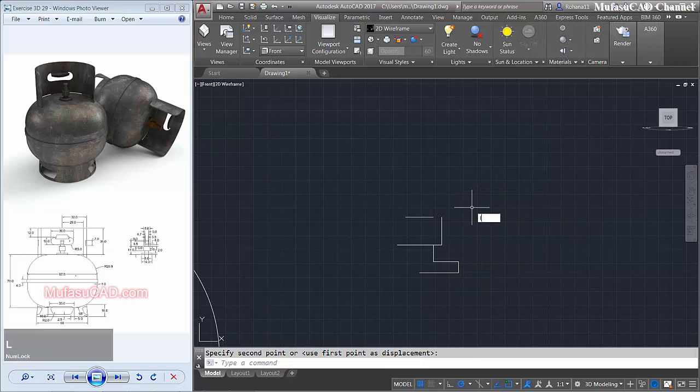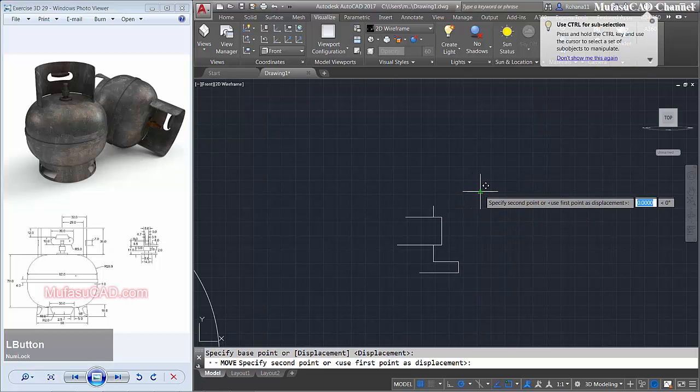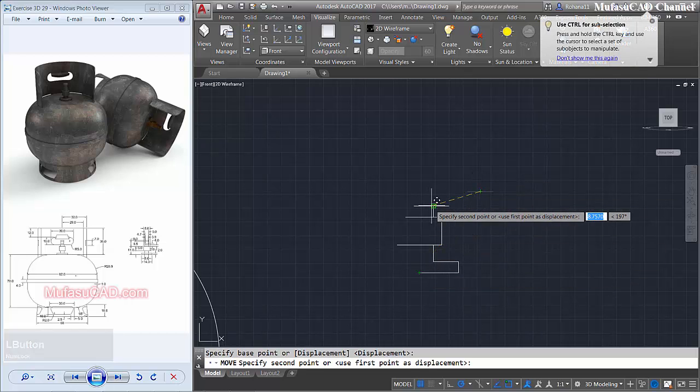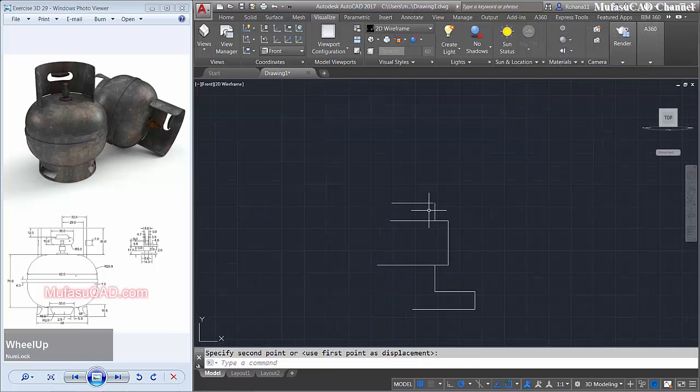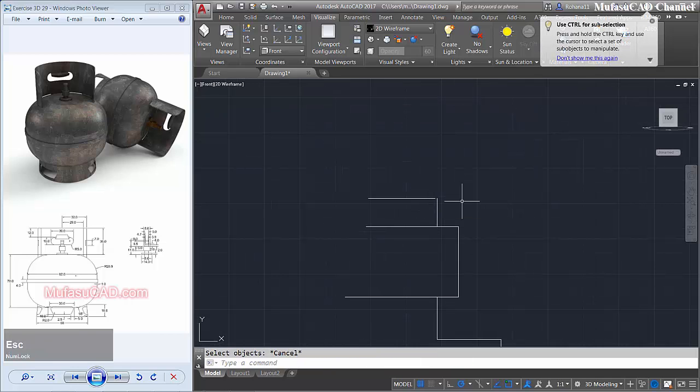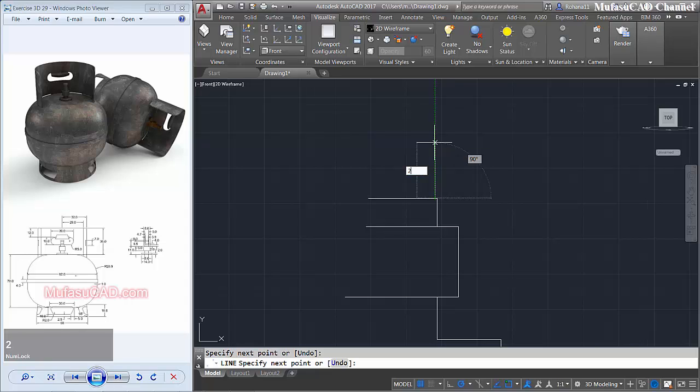Okay, we create a line, start from this point to the left here, and move to the top 2. We create a line again with length about 4.7. Move this line object, start from this point into this point, and I will create a line, start from here, connect to here, and move to the top here too.